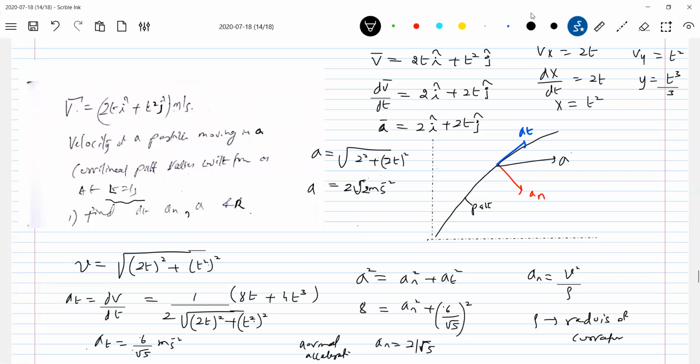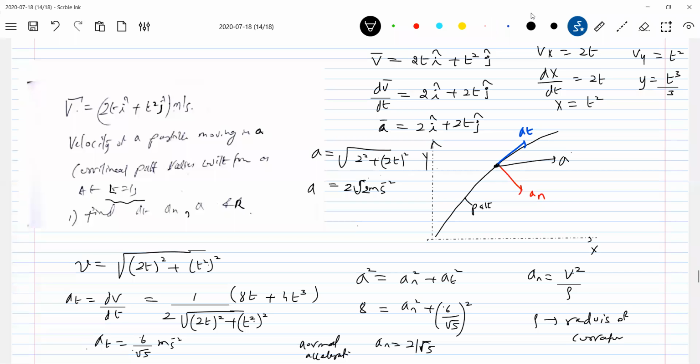Now, what do you mean by radius of curvature? The center of the arc. The center of curvature at that instant, at t equal to 1 second. Fine. So if some curvilinear motion comes, we are able to manage it. But this definition is very important.